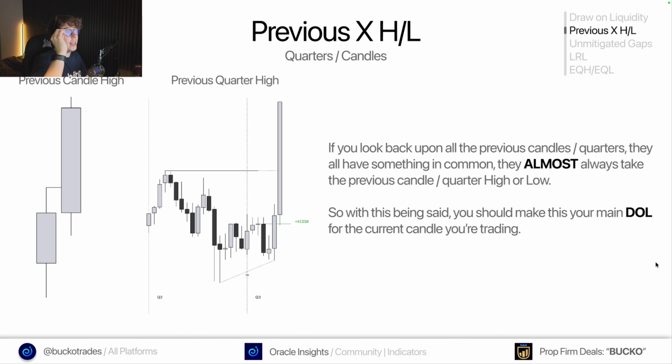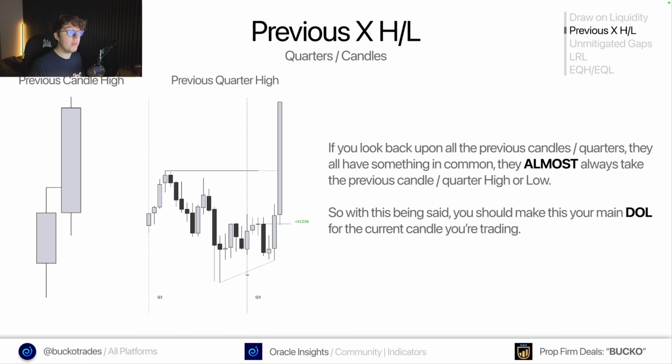So the first draw on liquidity is previous X highs and lows, which can be previous quarter high or low or previous candle high or low, okay? As we all know, a quarter is and can be a candle. For example, if you're trading the weekly cycle in terms of quarterly theory, the previous quarter high is essentially the previous candle high, the previous day's high, okay? So as you guys can see on the example to the left, previous day's highs and previous day lows act as great draws on liquidity for that intraday, that daily bias. If you're coming into the day bullish, you want to be trying to target that previous day high, for example,